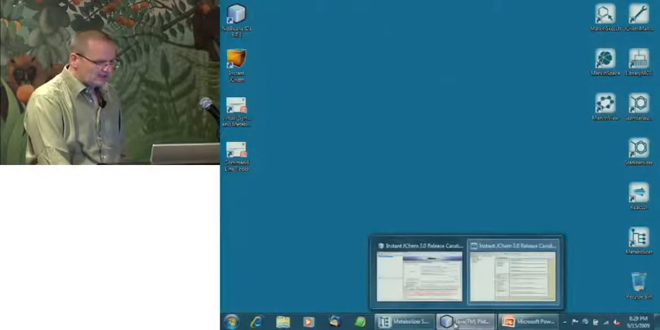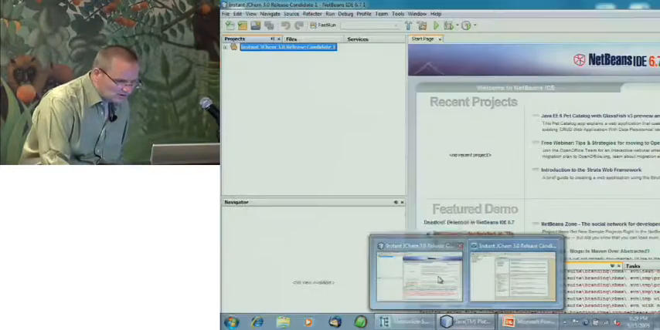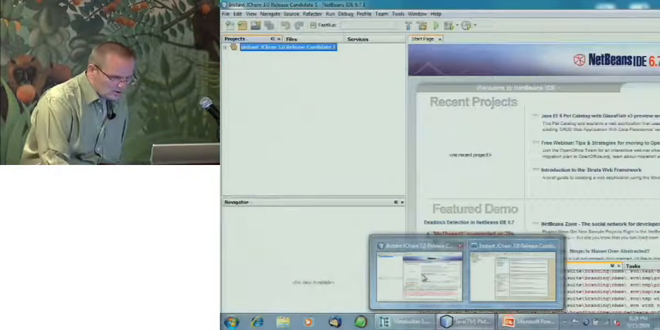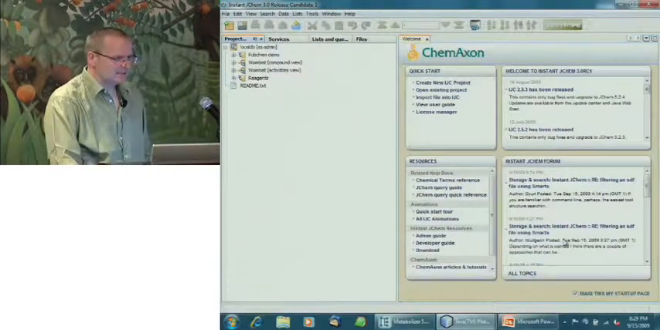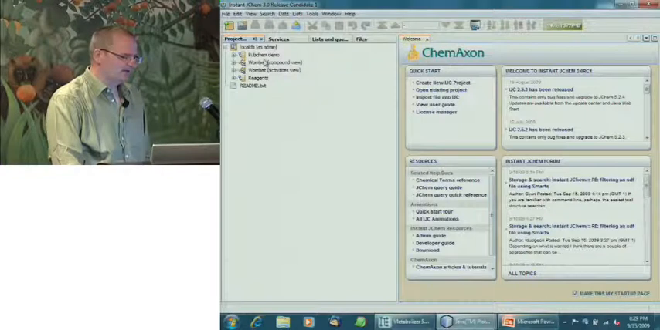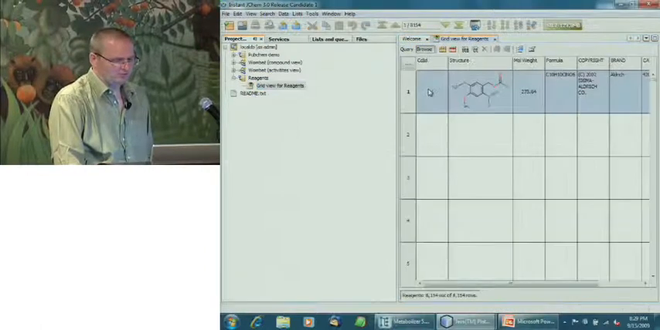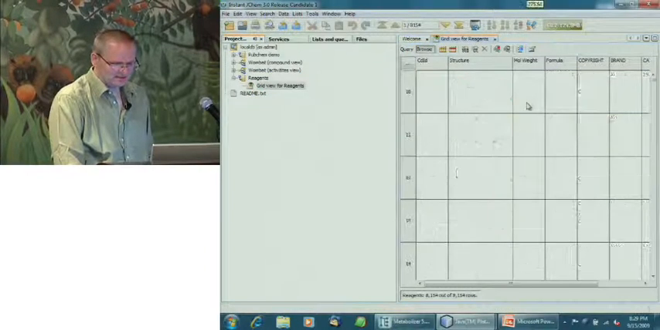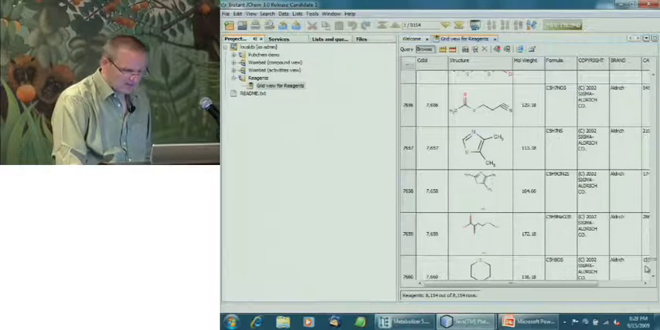Let's see Instant JChem 3, which will be released very soon. Okay, so I had to compile it here. In this Instant JChem, I have some demo tables, and I just loaded the reagent table, which contains, I think, downloadable reagents, some 8,000